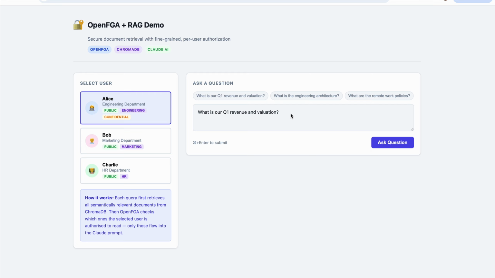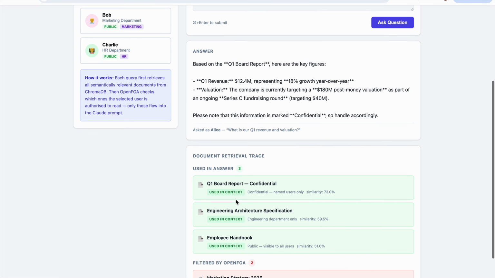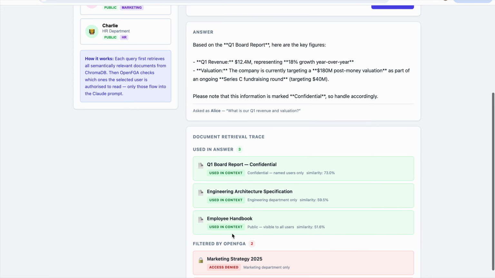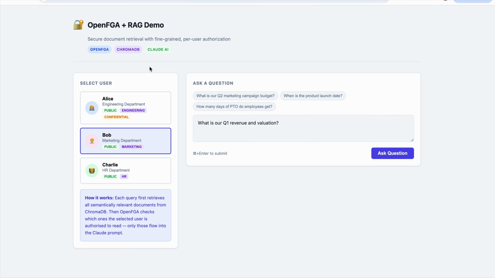What is our Q1 revenue and valuation? If I click on this, the answer will be created from these 3 documents, because Alice has access to all these 3 documents. Now if I ask the same question to Bob,